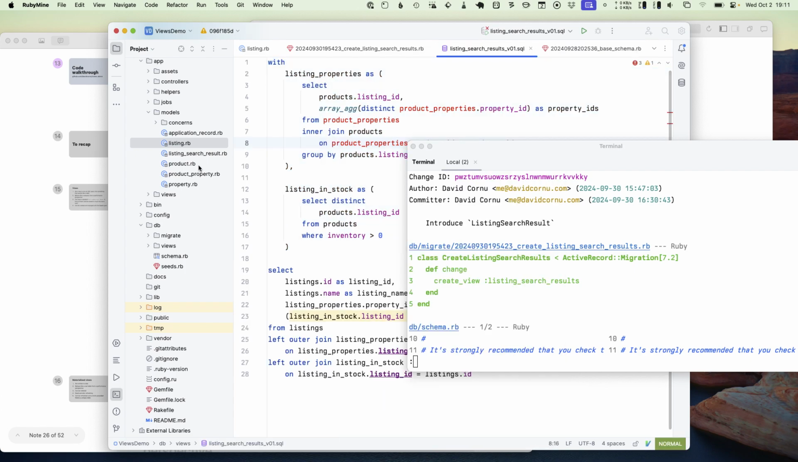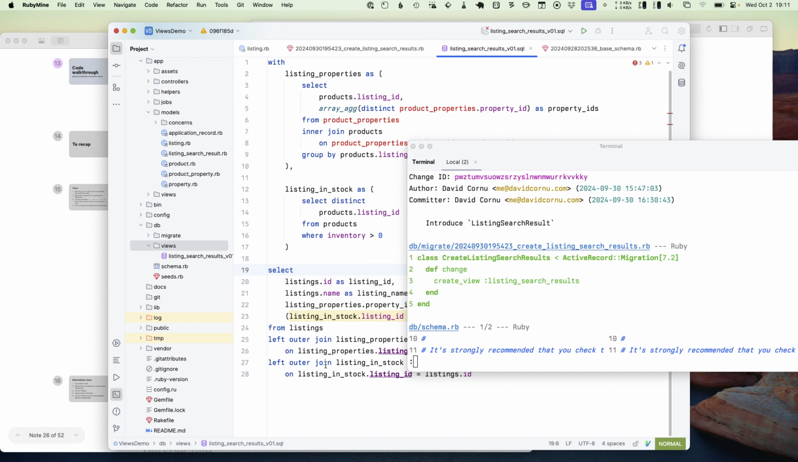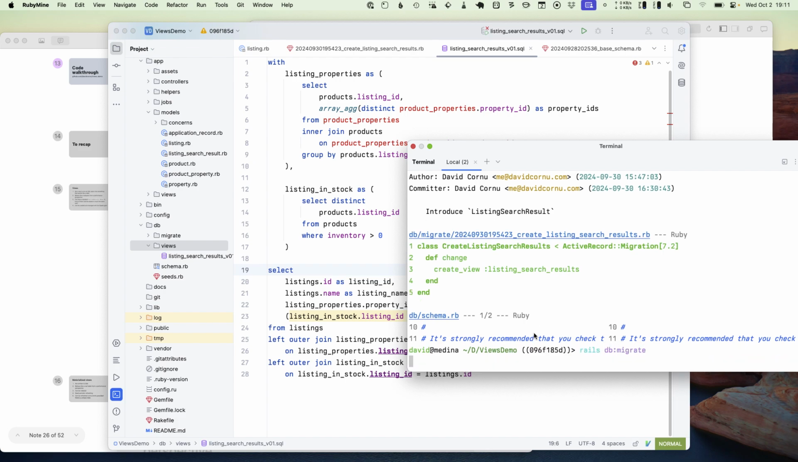So you get this new folder here in db called db/views, and that basically has the name of your view and the version. And so I've created a new view here, and basically this is a big SQL query. I'm doing similar things that I was doing earlier in the model, but I basically dumped it out here. And now if I db:migrate,